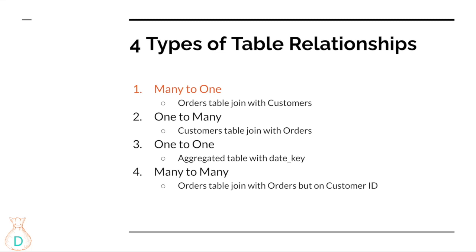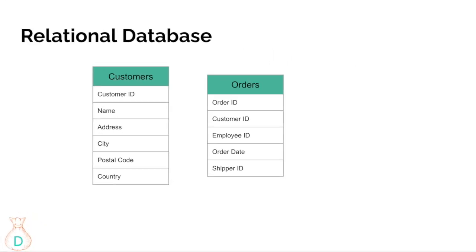That will only be many-to-many if you join two orders tables together by customer ID. So you have multiple customer IDs and join with multiple customer IDs. And why would you want to do that? The most commonly used case is probably if you want to say, for a customer who made an order today, what's the total number of orders they made in the last 7 days? In this case, you want to join all the possible orders together for that customer, but then at the end you might want to filter down to only the last 7 days,